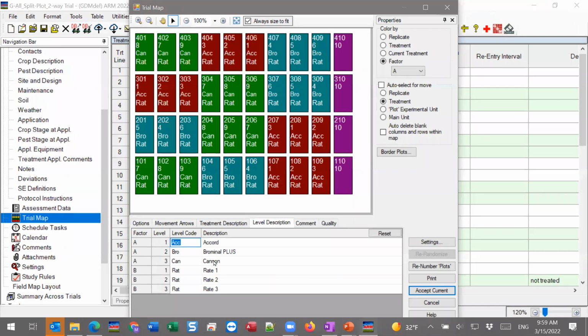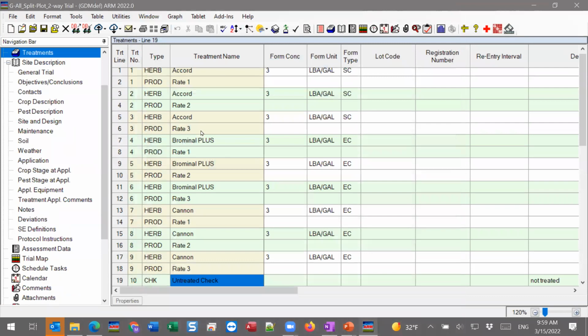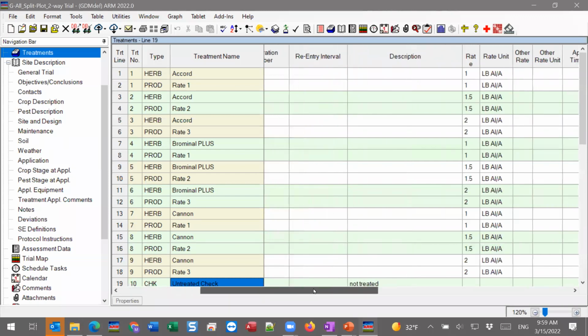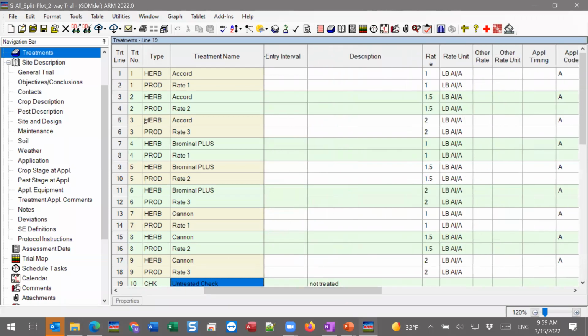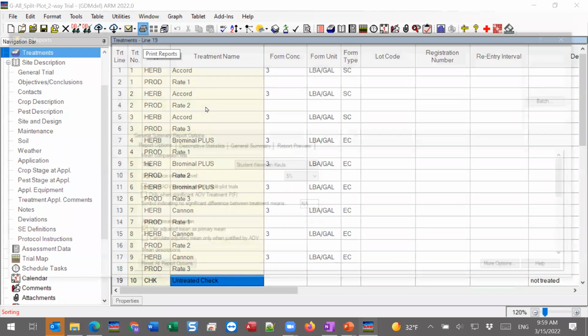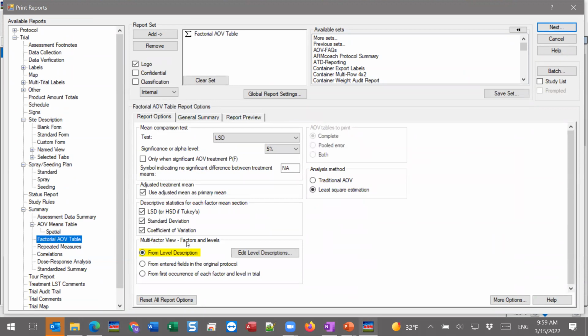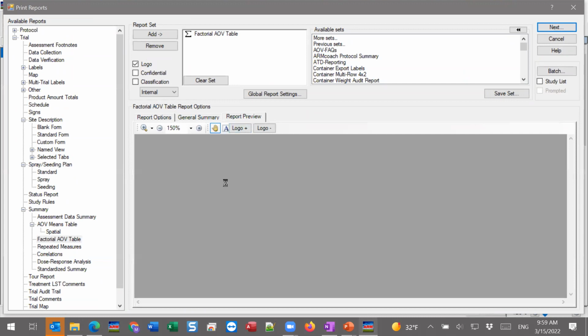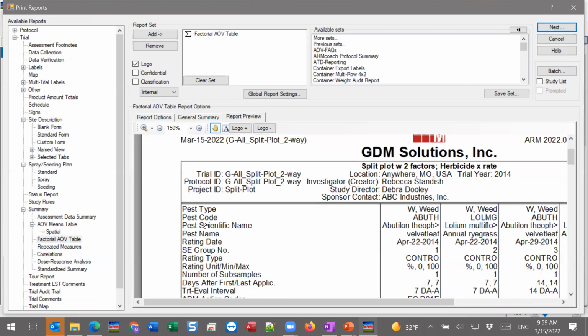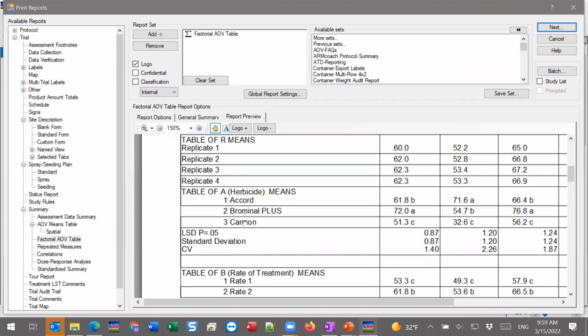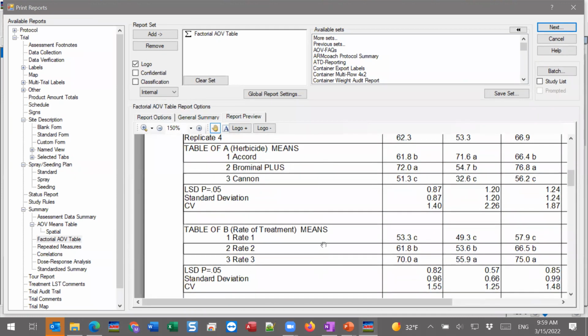So here are the descriptions that were built in. And those can be used instead of choosing, for example, formulation information and maybe a rate, whatever we'd have on that report. Going back to that factorial AOV table, it's this multi-factor view. We can use the level description, which we saw there. So that was the simple Accord, Brahmanal, and Canon. Notice there's no treatment information. We just used that nice, short, simple